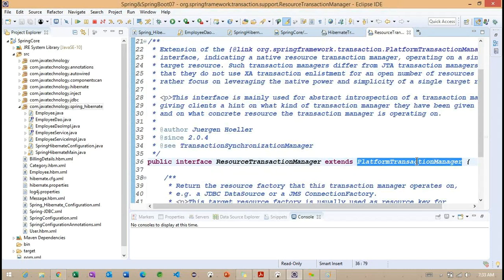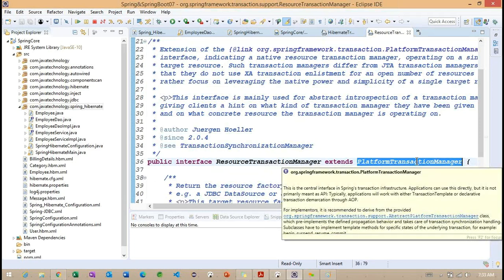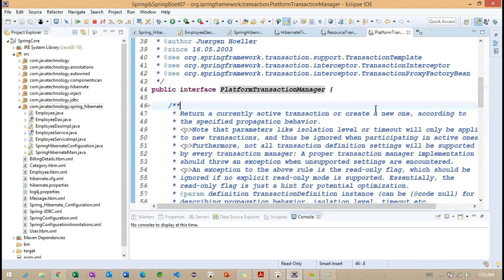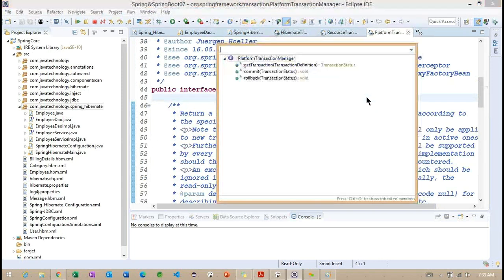Now you can see PlatformTransactionManager. This is an interface, and this interface has methods. What methods does it have? You can see getTransaction is one method, commit is another method, rollback is another method. So PlatformTransactionManager is an interface and HibernateTransactionManager is an implementation class.